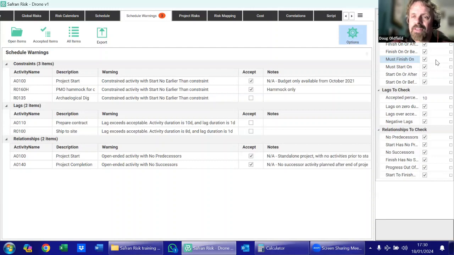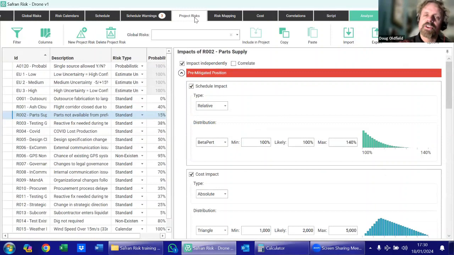So, as part of the initial piece, before we even run a QSRA, often we're looking at these things to make sure that our schedule is fit for purpose. So on the schedule side of things, we've got a series of risks and uncertainties which are impacting upon our schedule. And when we then start